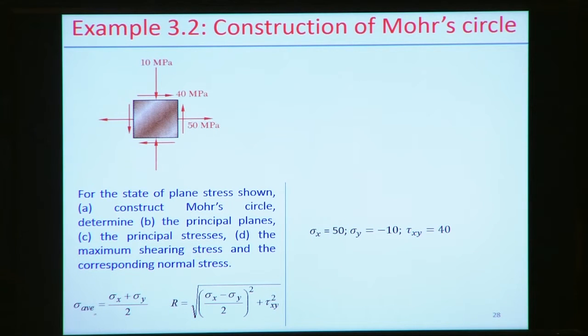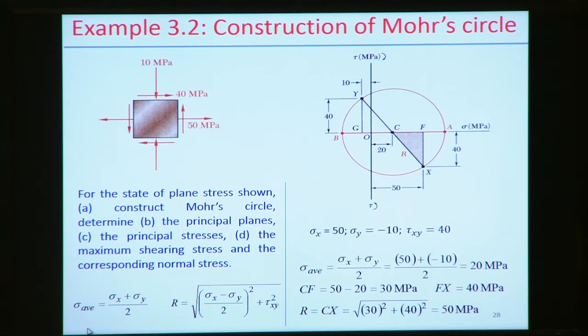So, construction of the Mohr circle. Suppose this is the stress state, and first we try to draw the Mohr circle from the stress state. We define the axes sigma and tau. In this case, sigma x is equal to 50, sigma y is equal to 10 megapascal, with the notation that it is a compressive stress, and here, with the notation, the shear stress is positive 40.